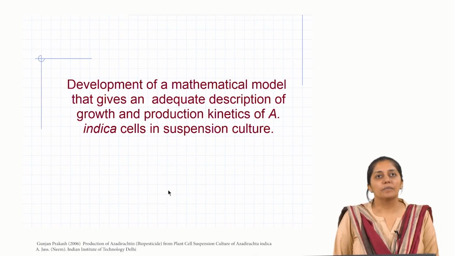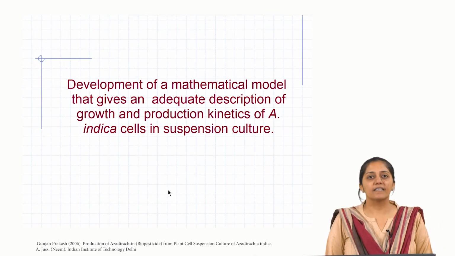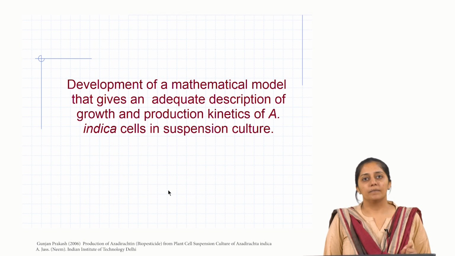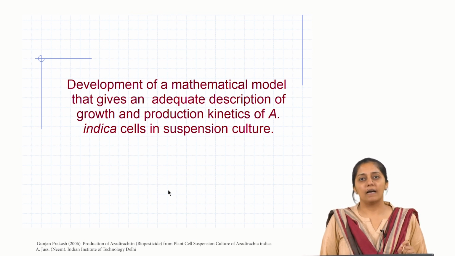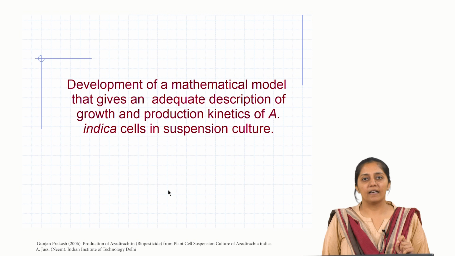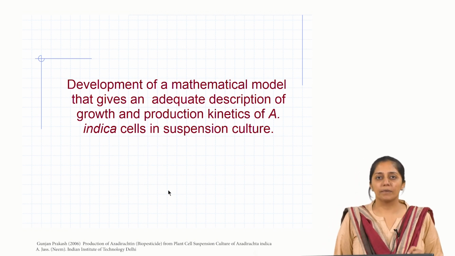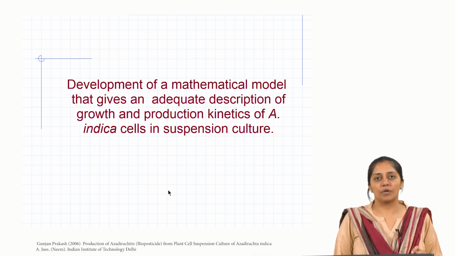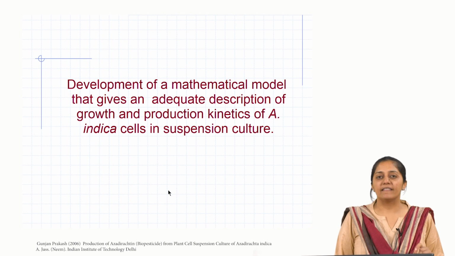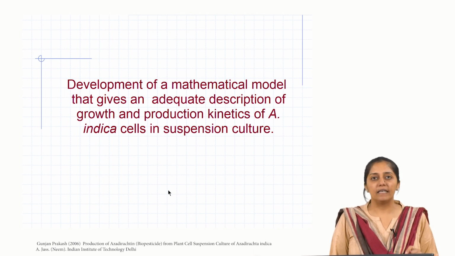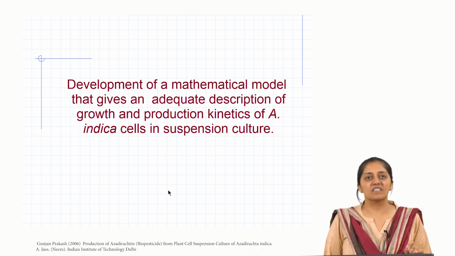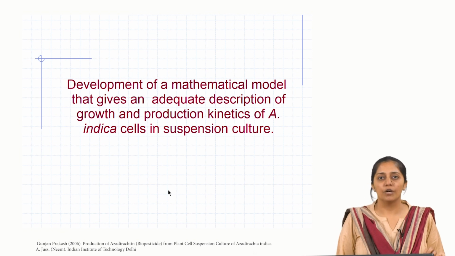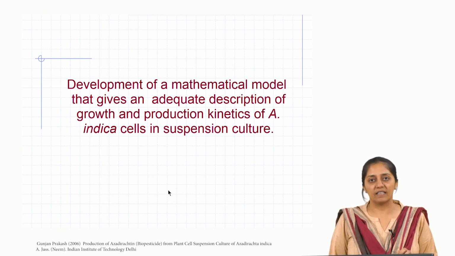Welcome back. So, as we were discussing the azadirachtin case study, where the authors have selected the high yielding cell line for azadirachtin production, followed by optimization of the culture conditions for maximum productivity of azadirachtin, and then they also implemented yield enhancement strategies like precursor addition and elicitor addition to improve the yield of azadirachtin in the cell line.